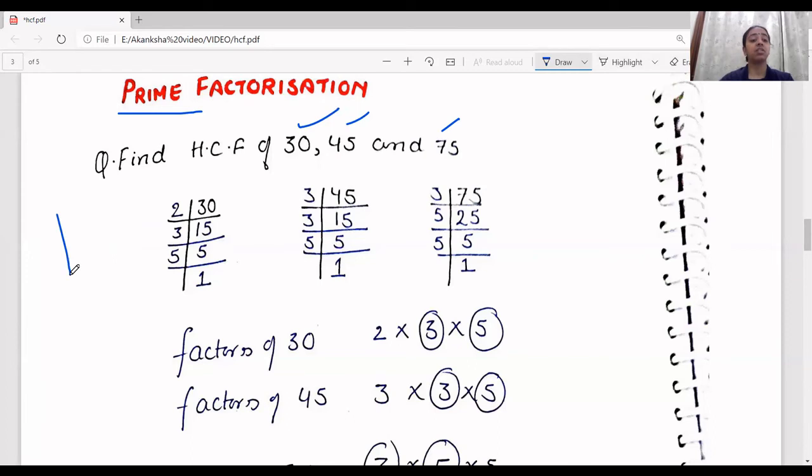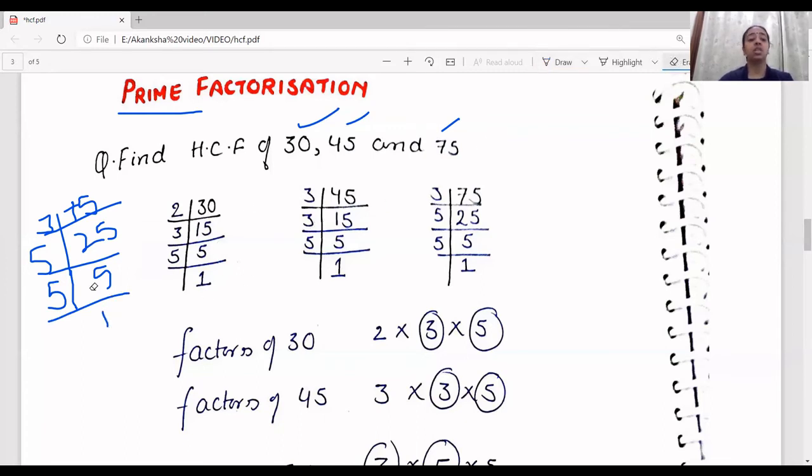Now moving ahead to finding out the prime factors of 75. Now, how do you find out the prime factors of 75? Write down 75 here. Is 75 divisible by 2? No. Is it divisible by 3? Right, it is divisible by 3. When you divide 75 by 3, you get 25 as the number. Now, is 25 divisible by 3? No. Is it divisible by 5? Yes, it is divisible by 5. You get 5 as the number. Similarly, 5 can only be divided by 5. The prime factor is 5, so you get 1 as the number.